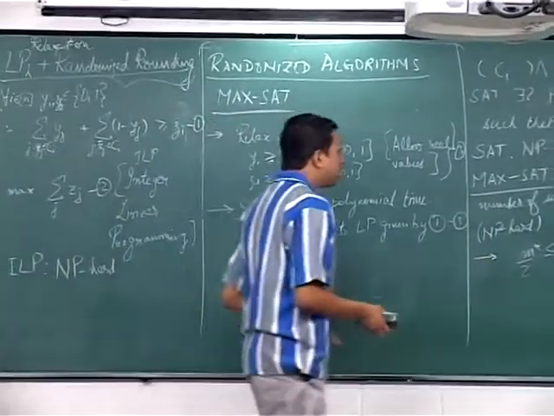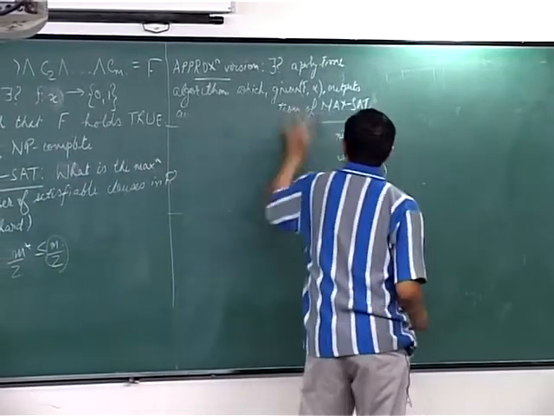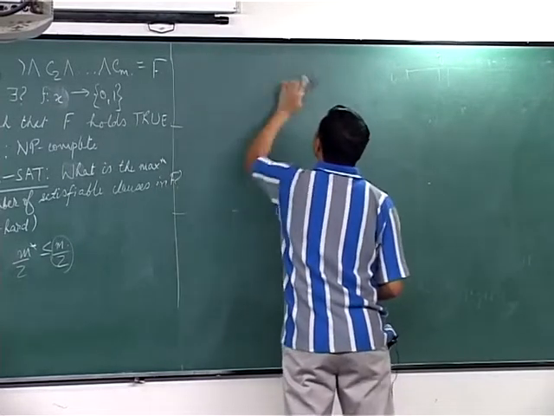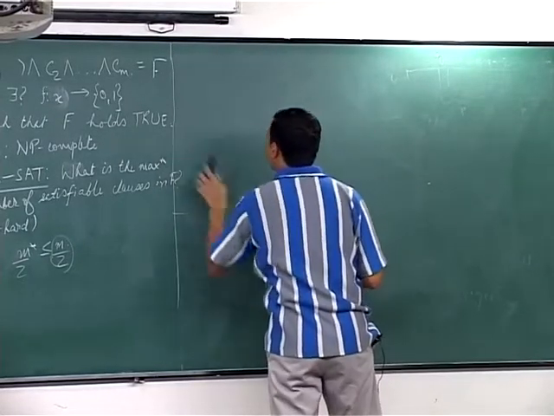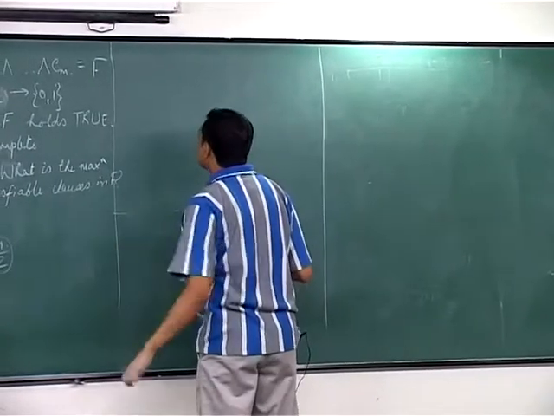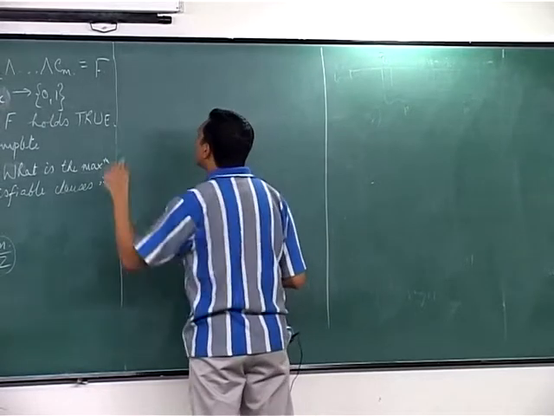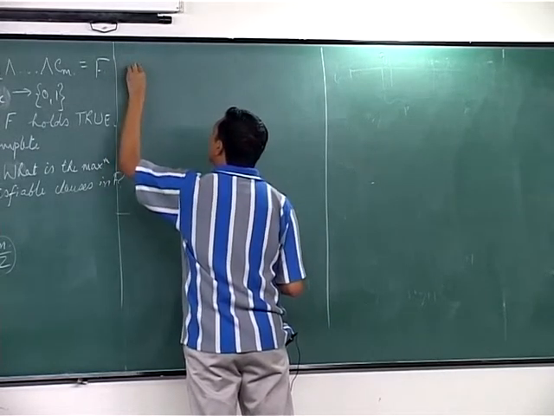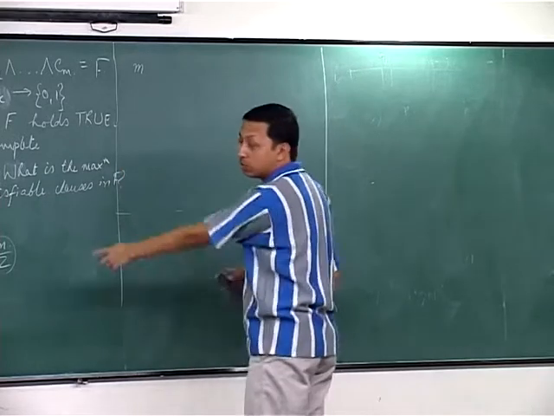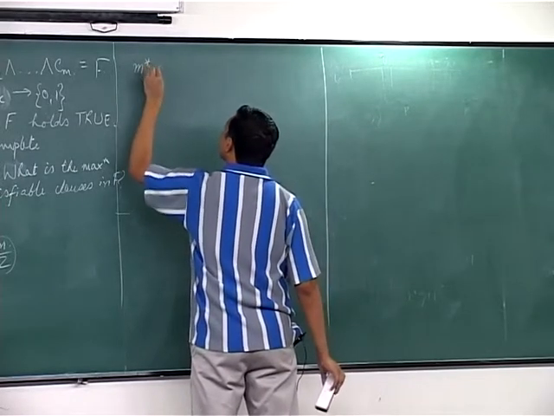So what you can say is that the value that you get will be at least as good as the value that you could have got if you were to solve the integral problem. So what this means is that this